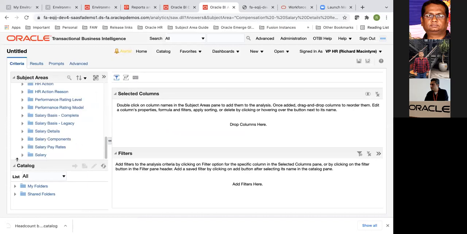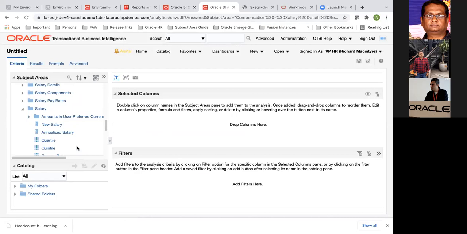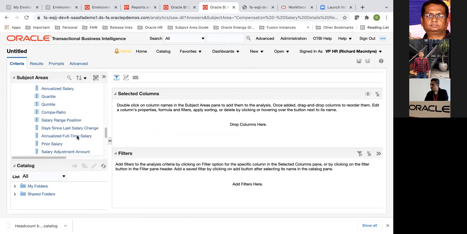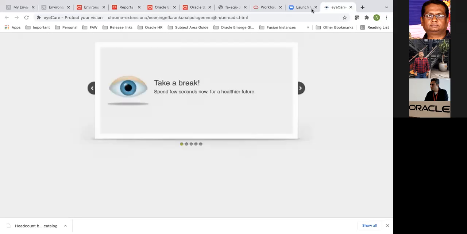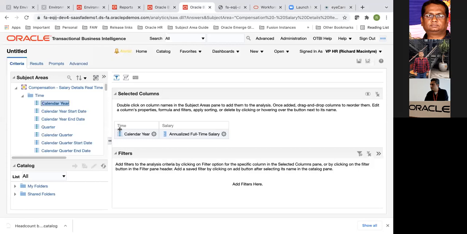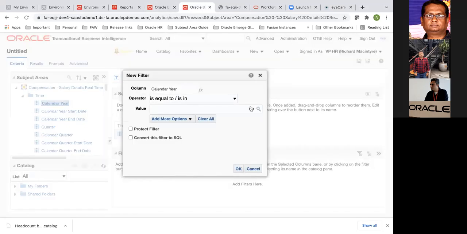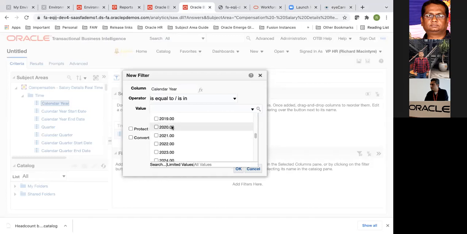The salary would be annualized full-time salary. I'm looking at the salary in totality by year, across all business units, departments, countries, etc. What's the salary spend of my organization, for example, for the last 5 years?